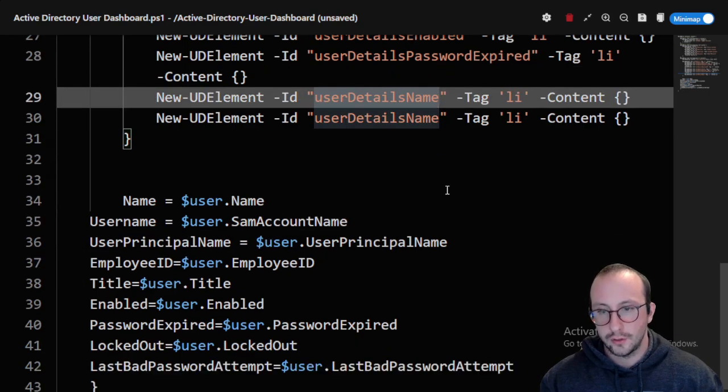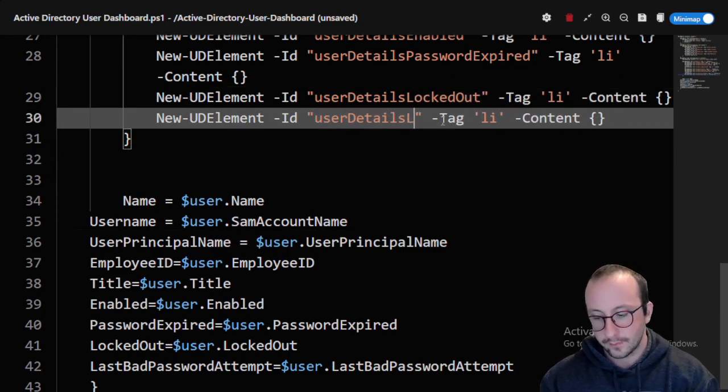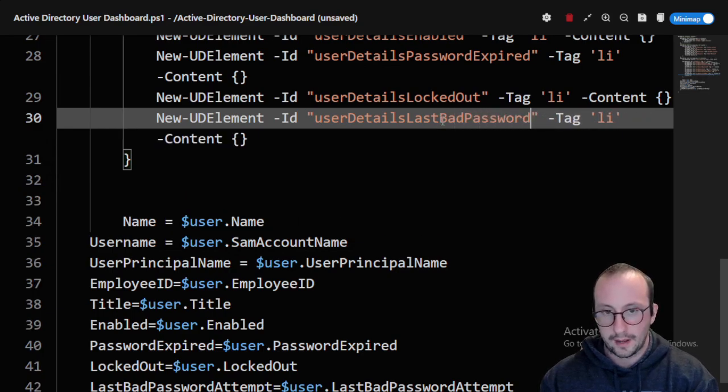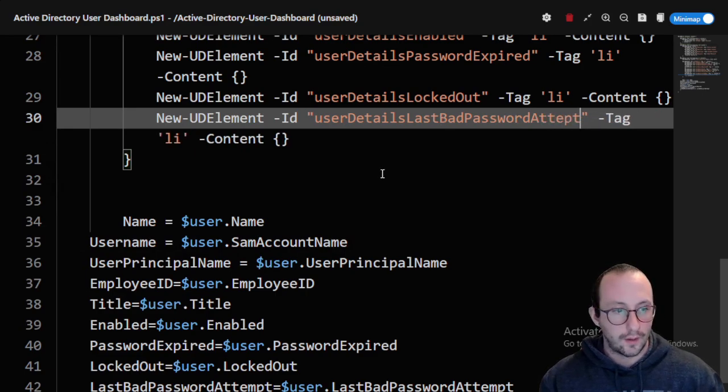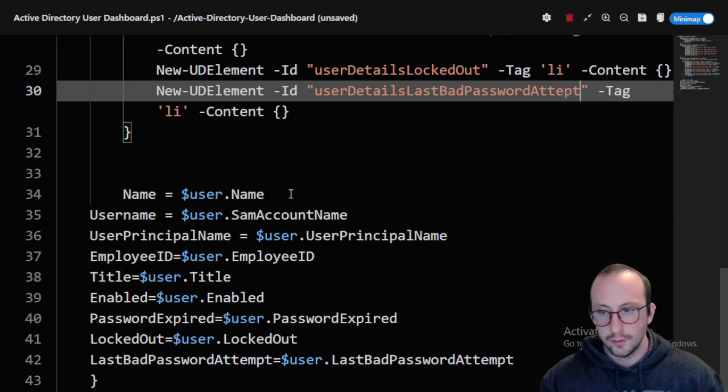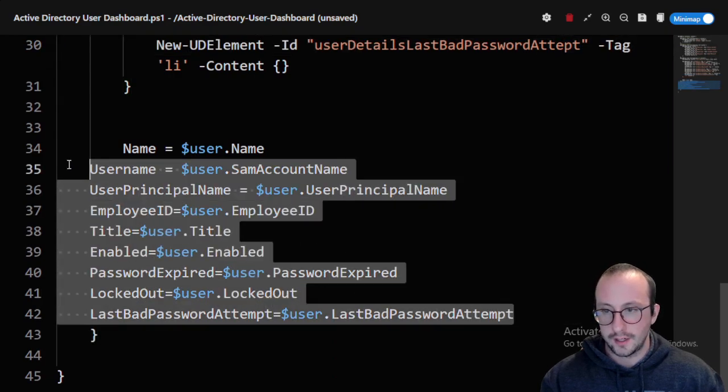And then we just have 2 more, which are going to be locked out, and then last bad password attempt. All right, so once we actually have all of those here,